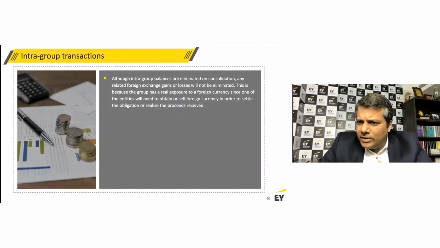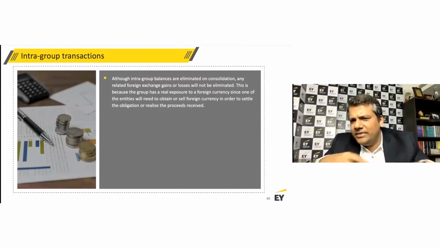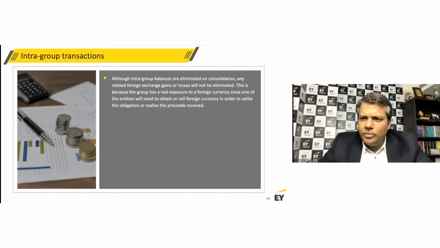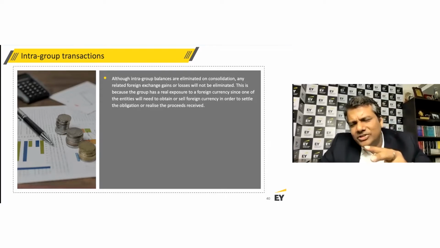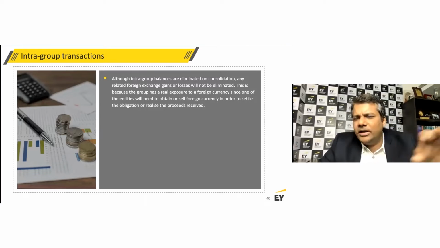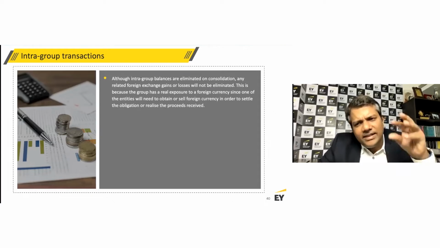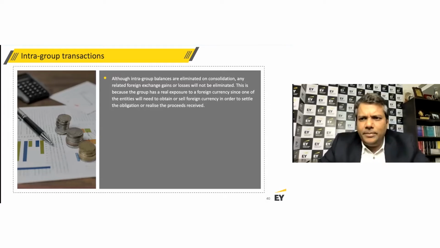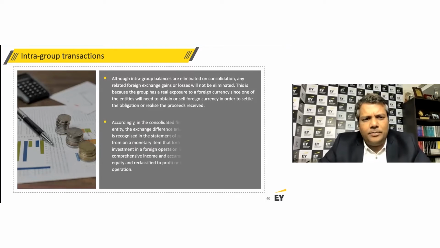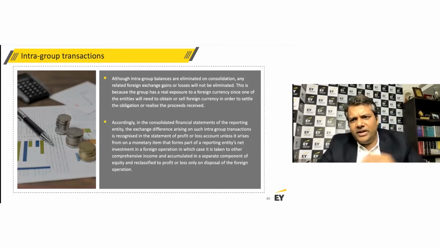So if there are intra-group transactions, the balances like intercompany receivable, payable, intercompany sales and purchases, all of them are required to be eliminated in the consolidated financial statement. But the foreign exchange gain or loss arising on account of these transactions stays in the P&L. They are not eliminated in consolidated financial statement, except the one example which I talked about, which gets reclassified to